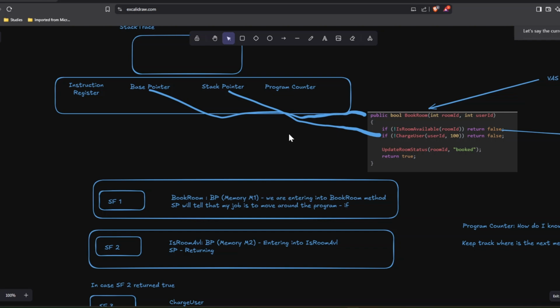Base pointer will always hold the entry point of any function, so that while popping my stack frames, I know till what point I will be popping out. Stack pointer is basically the movement of the program at each level, and program counter tells the whole stack trace, or the whole stack frame, where it can go next to get its next CPU instructions or next values. And instruction register is the place where this execution actually takes place